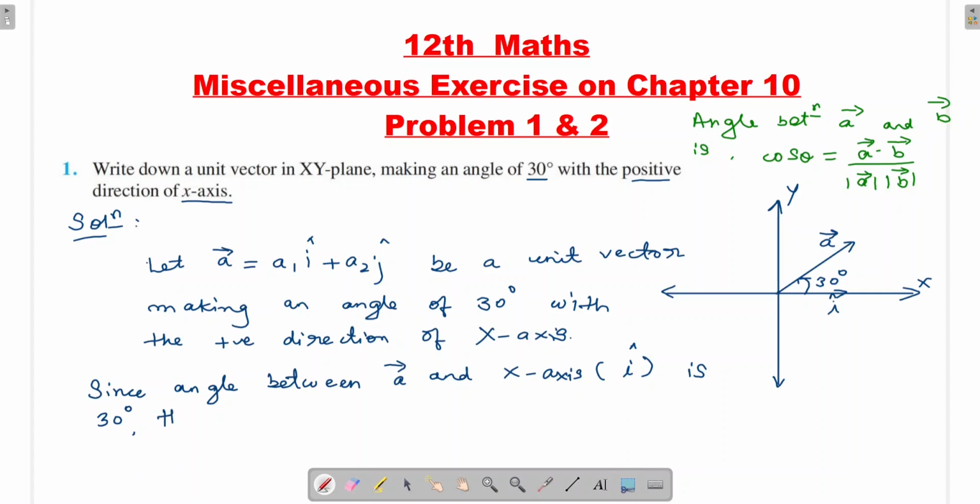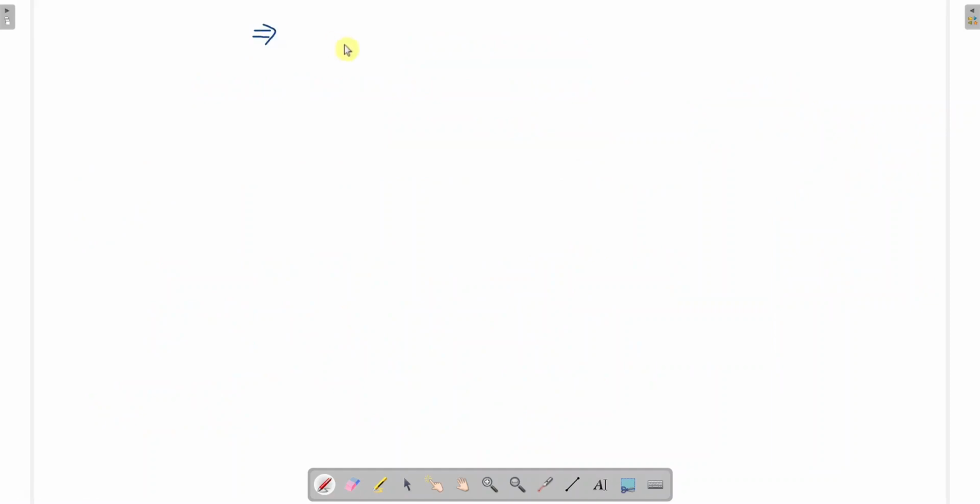Therefore what we get is cos 30 degrees is equal to a bar dot product i cap divided by magnitude of a bar times magnitude of i cap. You know cos 30 is root 3 by 2. So root 3 by 2 is equal to